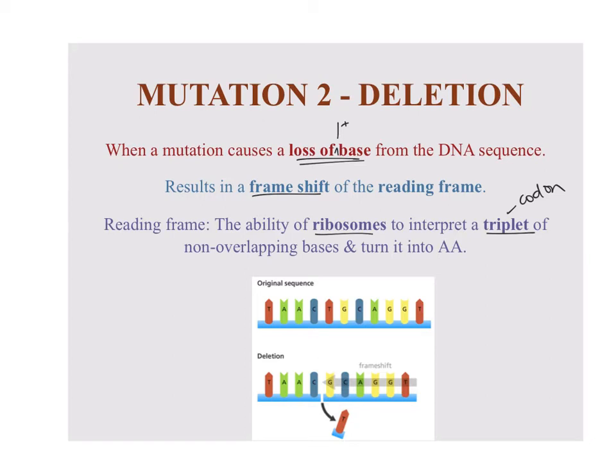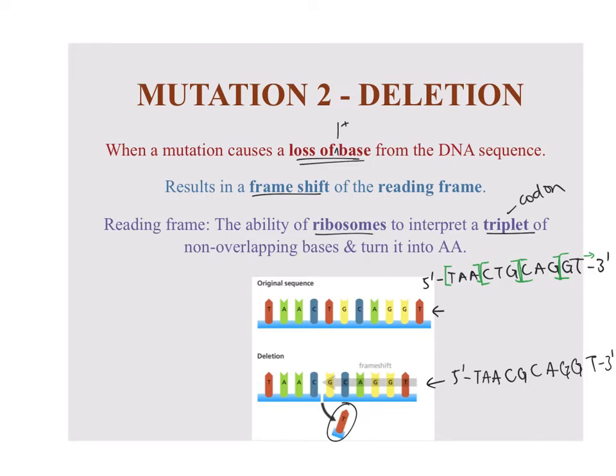So if you imagine, we'll take this sequence, for example: T, A, C, T, G, C, A, G, G, T. That is our sequence of DNA. We can put 5' to 3' just to be specific. And the ribosomes would normally read that sequence in the following groups: TAC, TGC, AGG, T, and there'd be something following on from that. Whereas if we've got a deletion mutation, and we'll again use that bottom sequence, for example, we've removed the T, and now we've got 5' TAC, GCA, GGT 3'. And you can see now that the reading frame, or the way that we can read those threes,